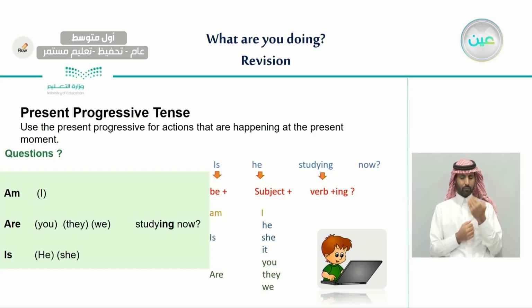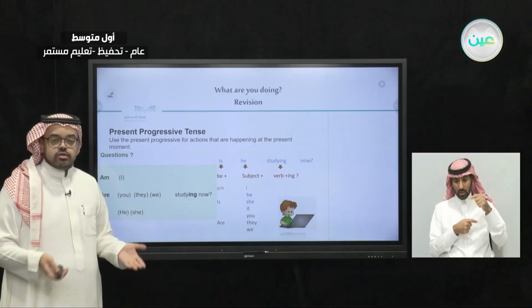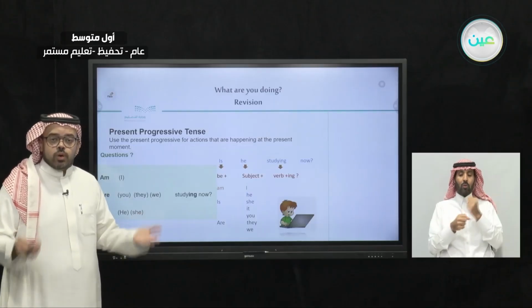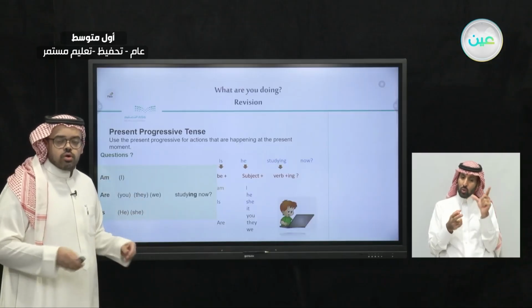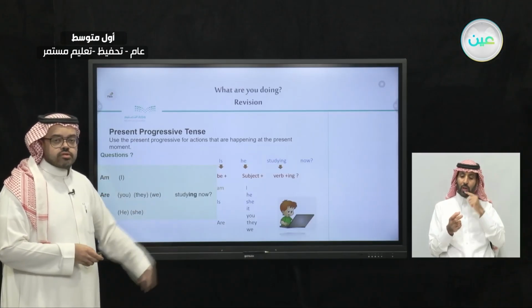And also, we learned how to make a short question, or a yes or no question, in the present progressive. And we said we just start with the verb to be if you want to make questions. For example, here we started with the verb to be, either am, that goes with the subject I, or are, that goes with the subjects you, they, and we, or with is, that goes with the subjects he, she, or maybe it. So these are the verbs to be that we started with if we want to make short questions or yes or no questions in the present progressive tense.